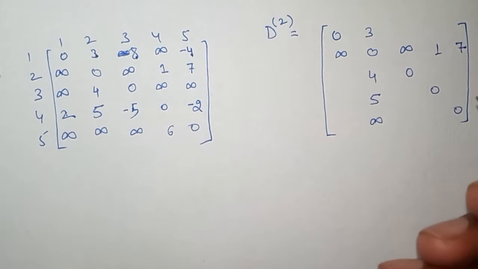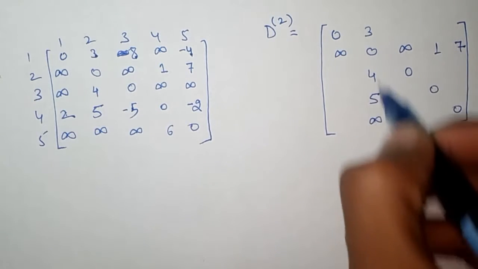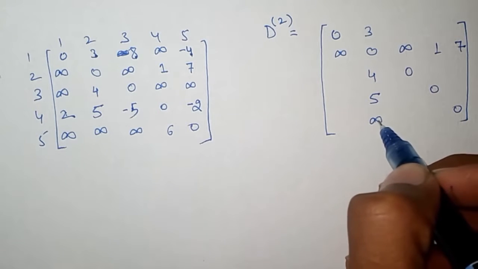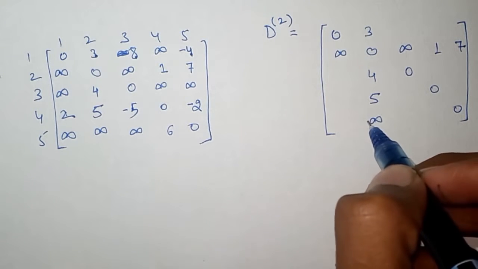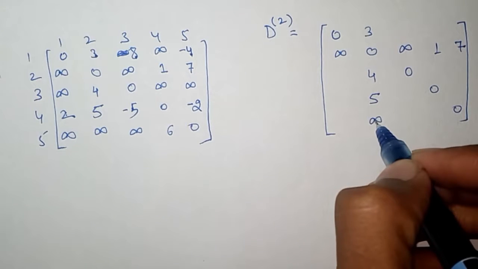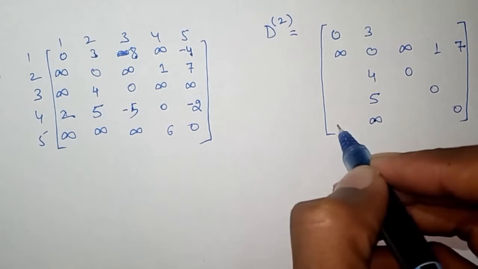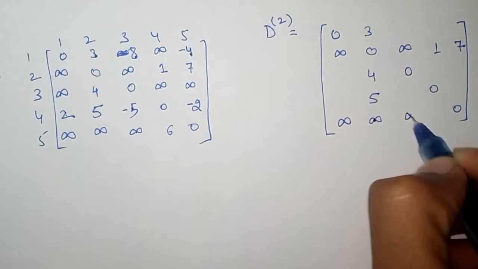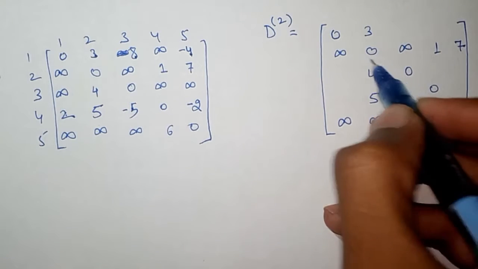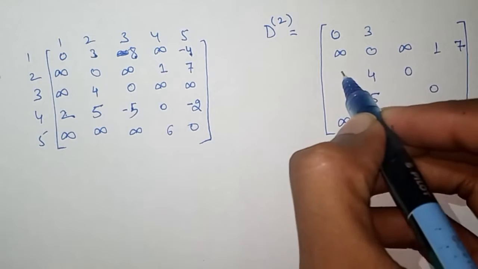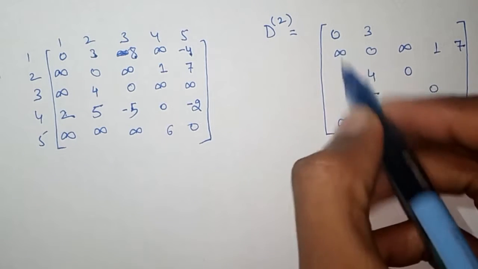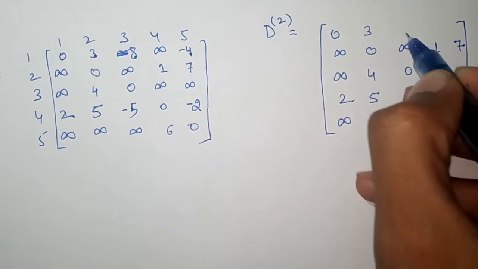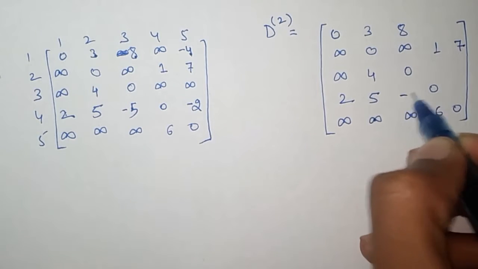Now using the same method for the second row and second column of the D2 matrix, the elements which lie in front of an infinite element will be copied the same. So in the second column of the D2 matrix, here it is infinite, so the element which lies in front of this element will be the same: infinite, infinite, infinite, 6, 0. And again here lies an infinite, so the elements in front of this column will be the same: infinite, 2 and 4. Here also an infinite, so 8, 0, -5 and infinite.